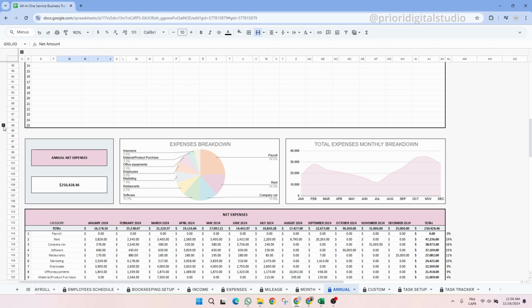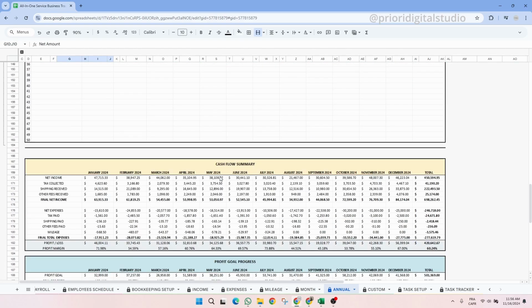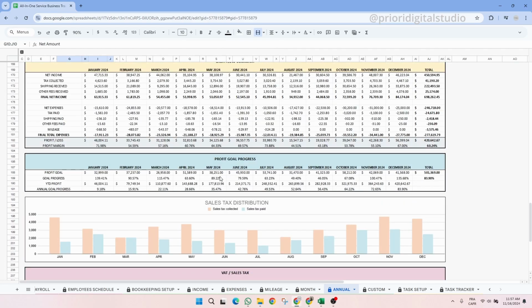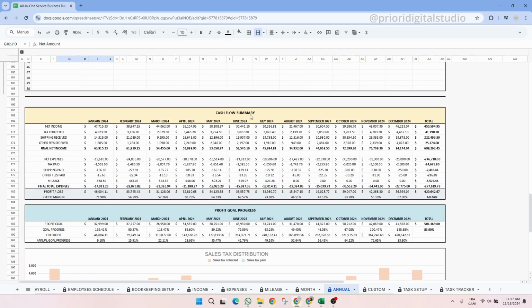Also, one of the most interesting features is the cash flow at the bottom of the page that summarizes your business financial situation. You can see your net income, your tax collected, shipping fee received, and other fees received. It allows us to calculate the final net income, that is your net income plus the shipping fees received plus